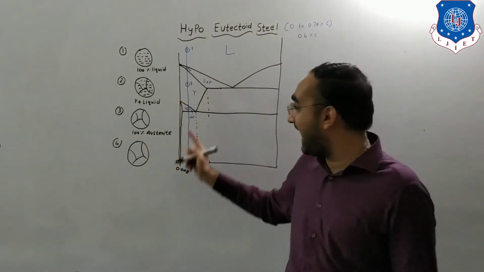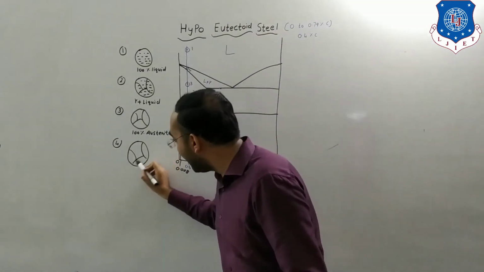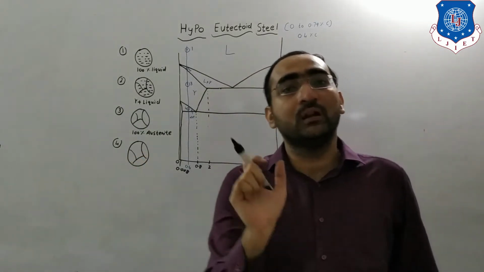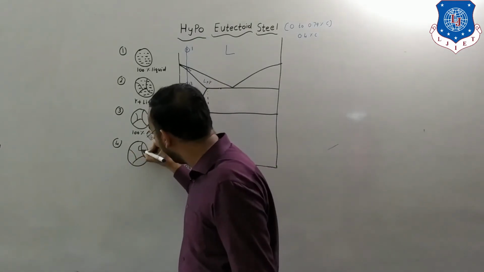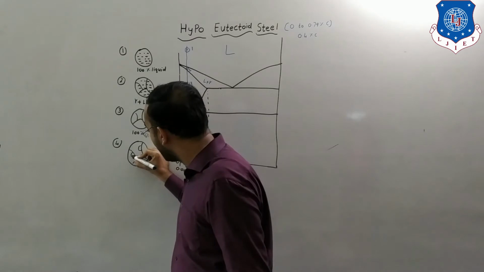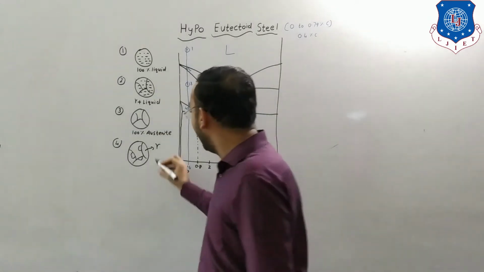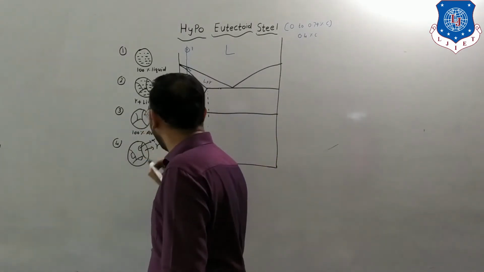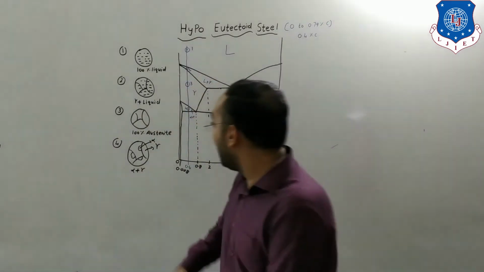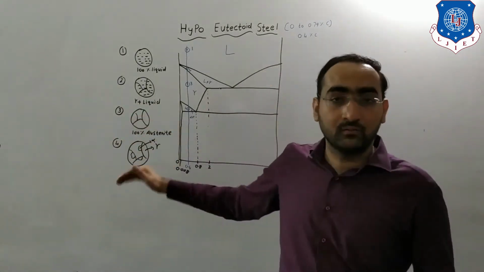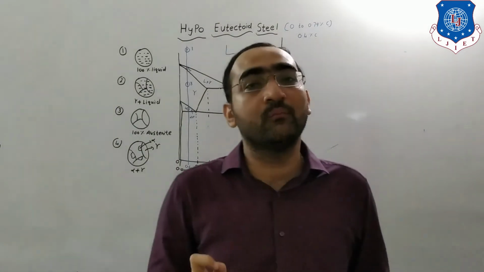Now, next phase, what is that? Alpha. The alpha region is always located on the grain boundaries. These are your grain boundaries. So your ferrite region is always located on your grain boundaries, and you have to show the smaller region of ferrite over the grain boundary. Here, this portion is gamma and this portion is alpha, so this region is the alpha plus gamma region. Clear? Because from austenite, ferrite starts forming. That is the reason for this, and ferrite is always located on the grain boundaries.